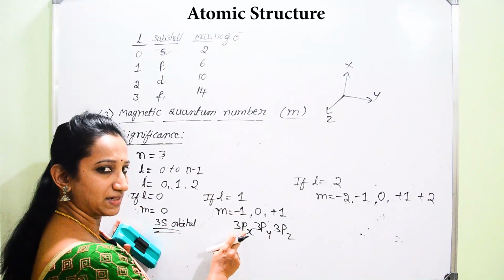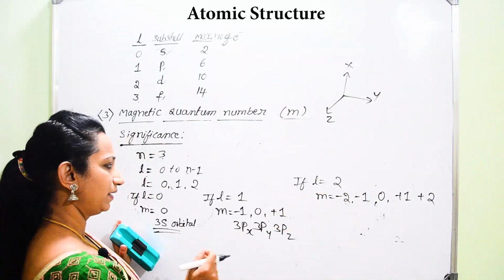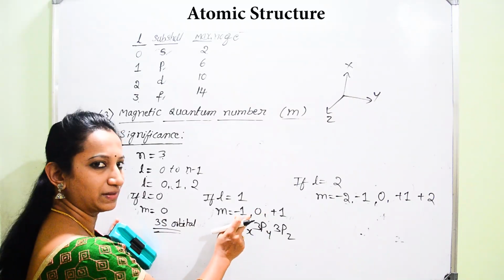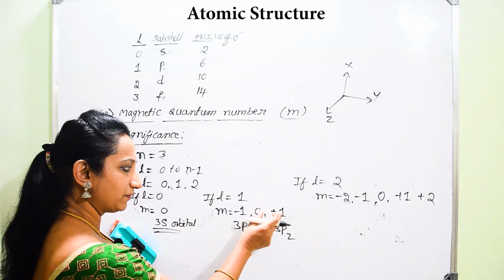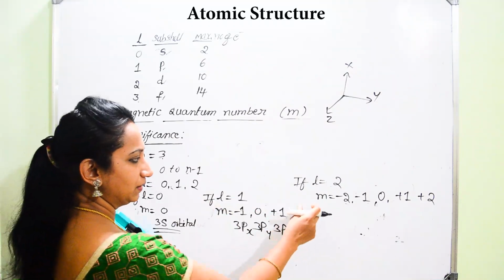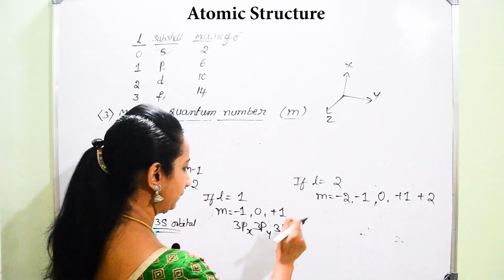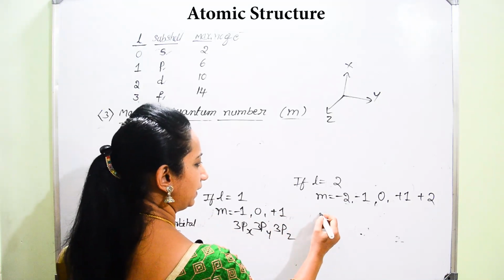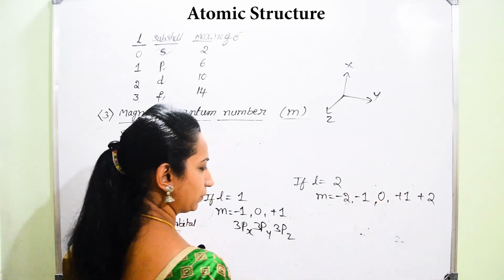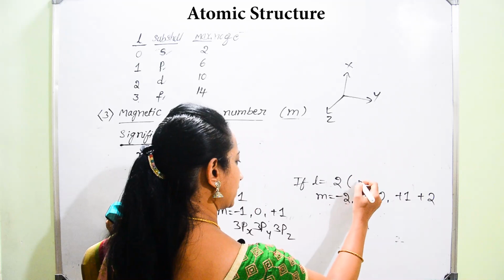Minus 1 it is representing px. But how come it is possible here it is representing another number? It is not so. Here the only thing is you just consider these as different numbers, not with respect to their values, like minus 1 is less than 0, not like that. Now once you start with m is equal to minus 2, minus 1, 0, plus 1 and plus 2, and here if you go for that l value is 2 and m values 1, 2, 3, 4, 5, totally 5 orbitals are possible for the given l, which is that subshell.